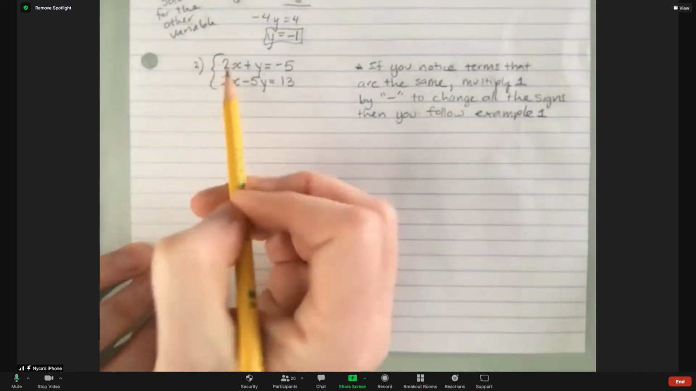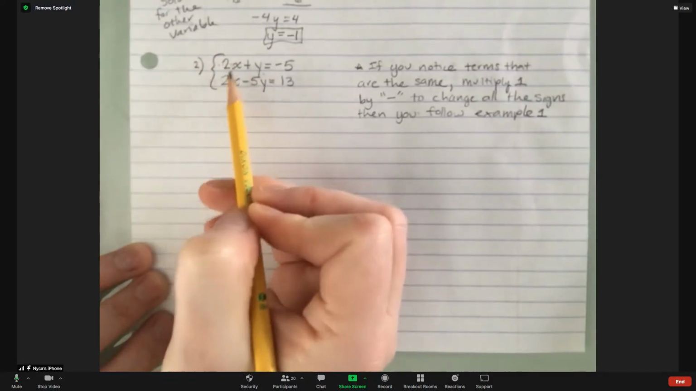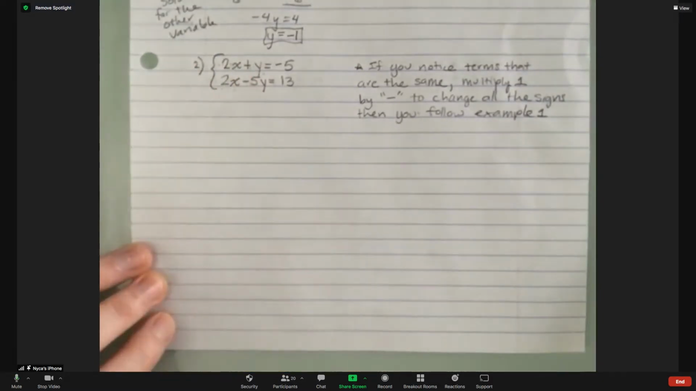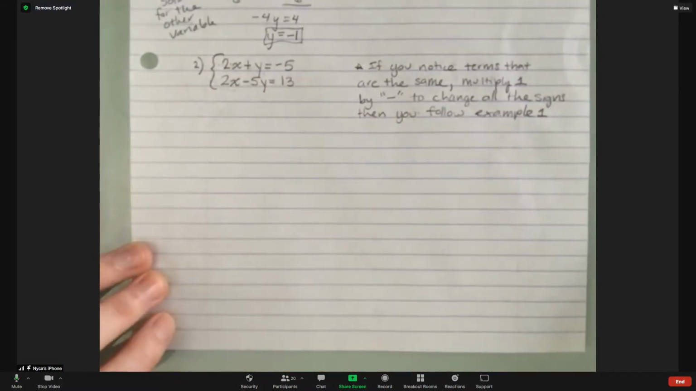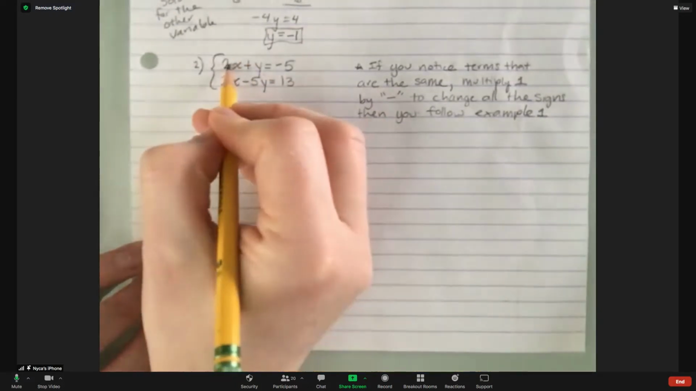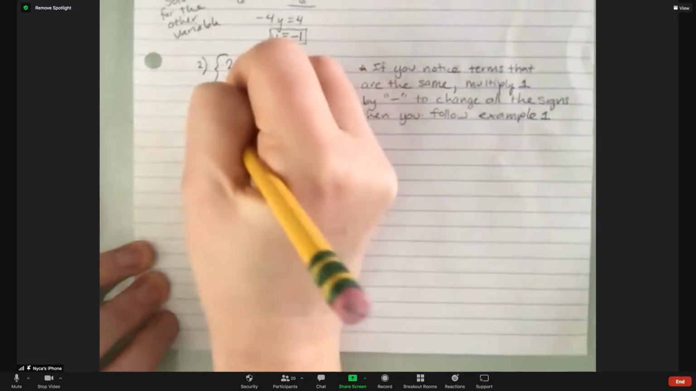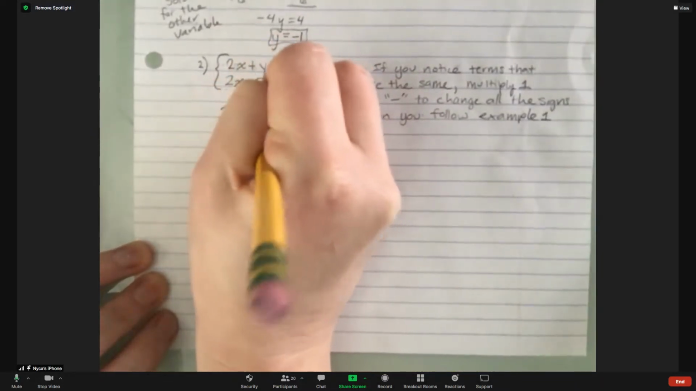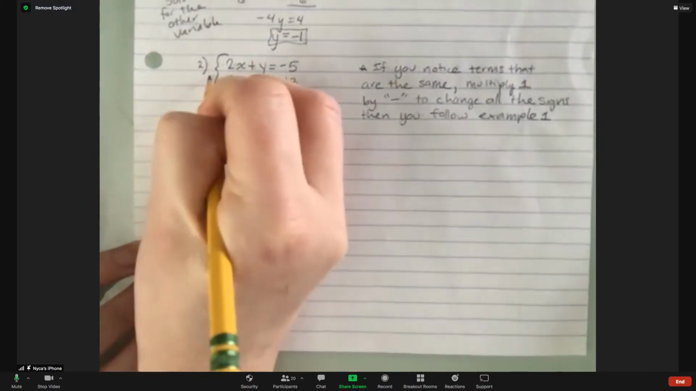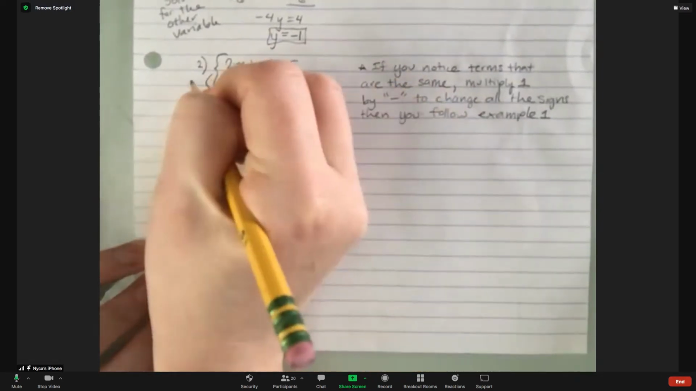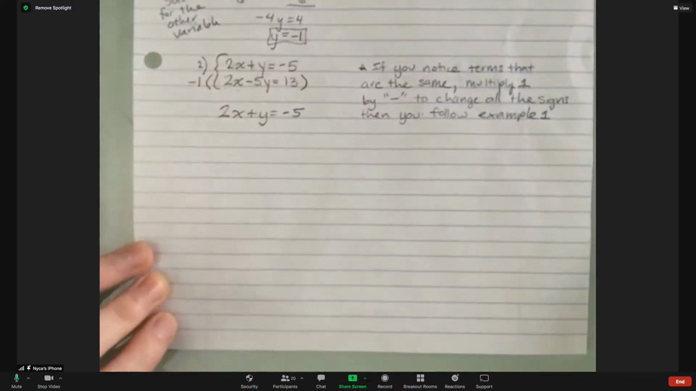Well, if you spot that they have the same number of x's, so 2x and 2x, what you can do is multiply one of them by a negative 1 distributed out so that you reverse the signs across the board. So for example, I'm going to leave this one alone. So 2x plus y equals negative 5. And for this guy here, I'm going to just put parentheses, the distributive property, and I'm going to multiply everything